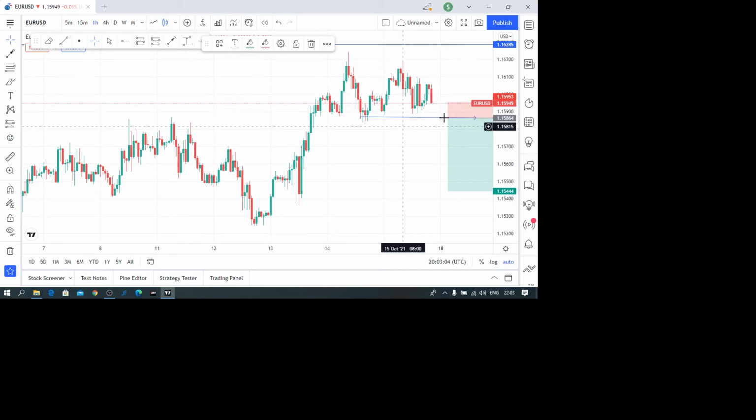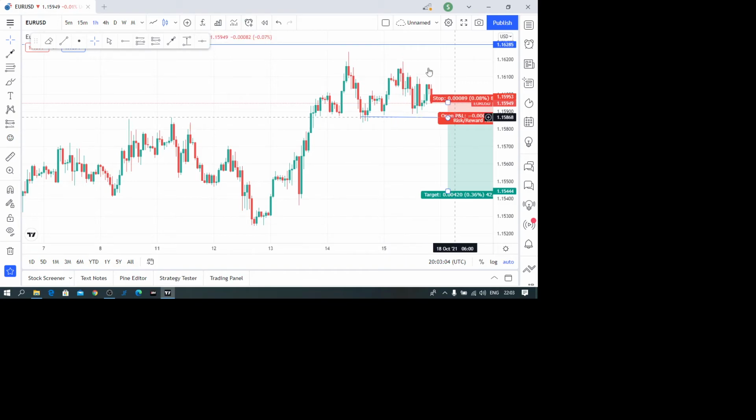But in a different scenario, if the market decides to come and retest here, this is what we will have, which is something very good for us, because the risk reward ratio will be high as well. So if we position it here, around here, and assume that the market will come and retest this level, at this level here,